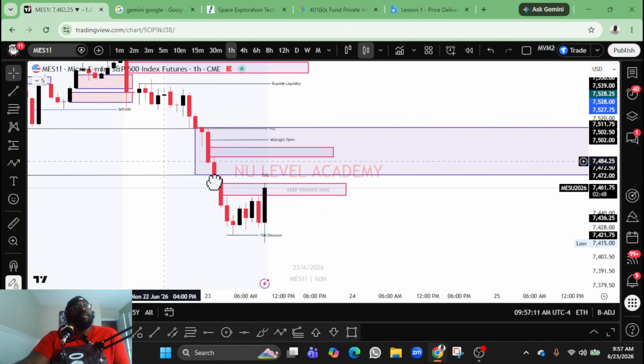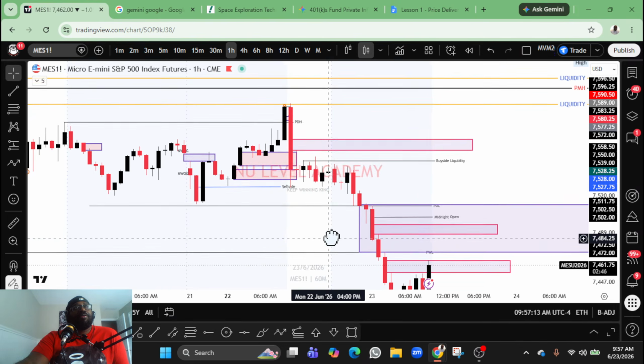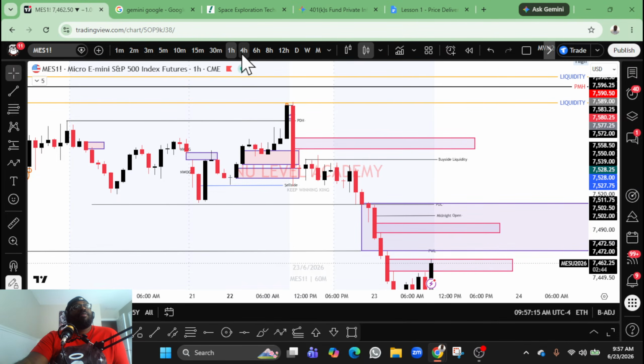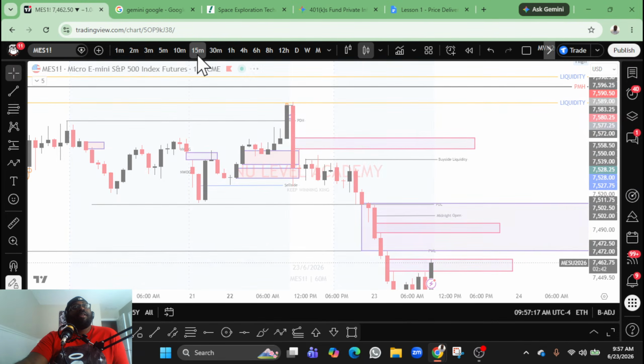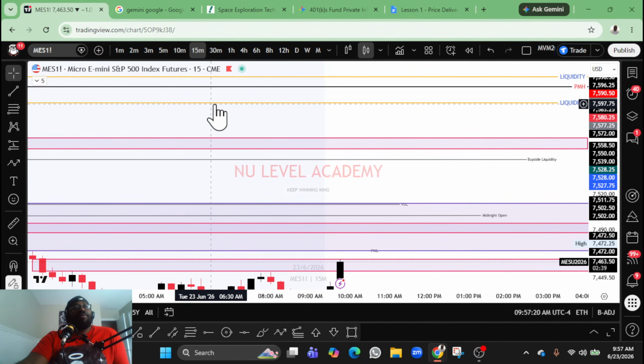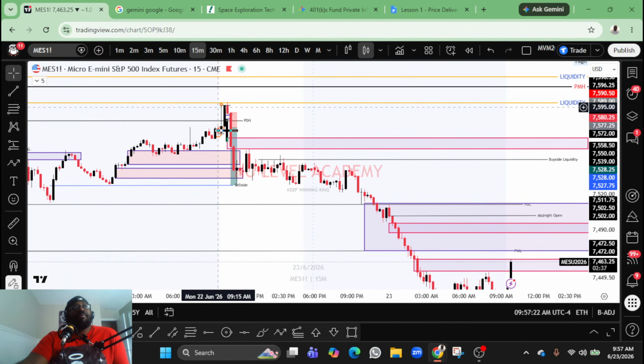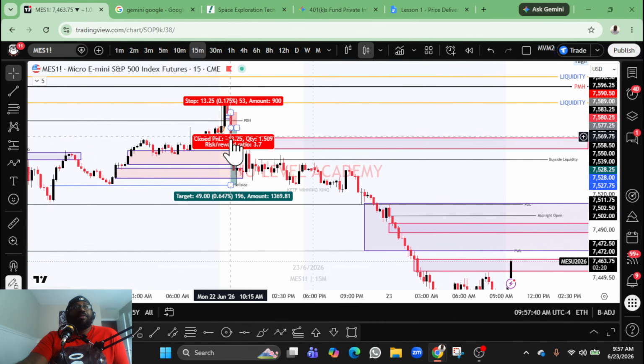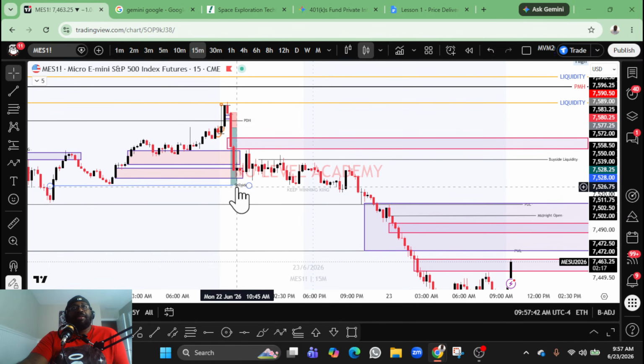Just like we had a plan yesterday. Like yesterday, our initial plan was to go what? Long, right? We wanted longs yesterday. But instead of getting longs yesterday, what do we end up getting? Shorts. So although we missed our first initial trade, right? And we were in profit. We just held back. And once we saw the displacement of our key level, what did we do? We entered into the short and took it all the way to sell side.